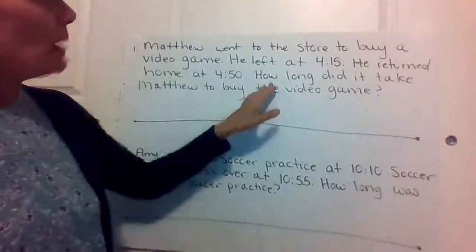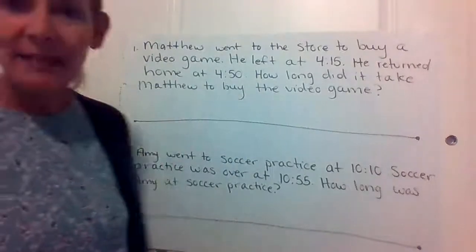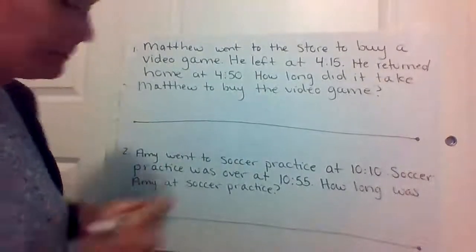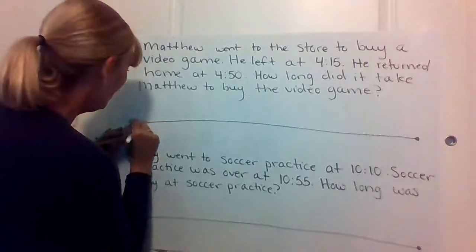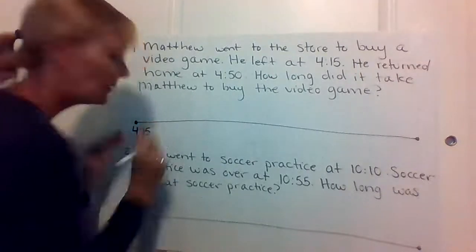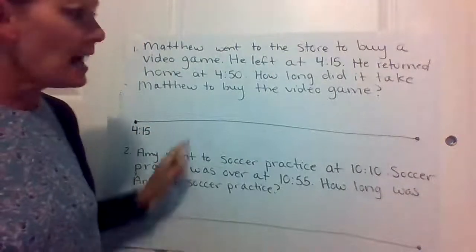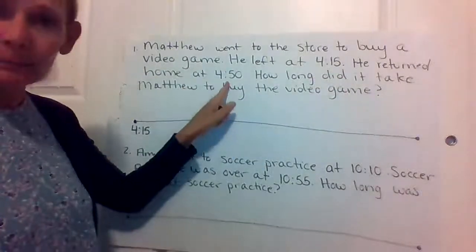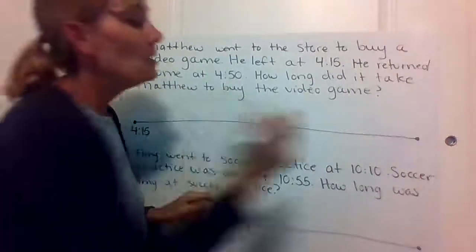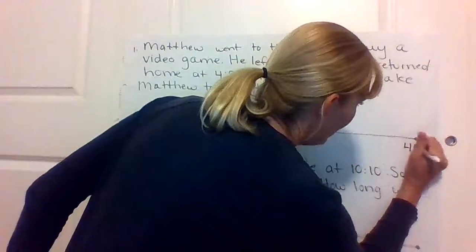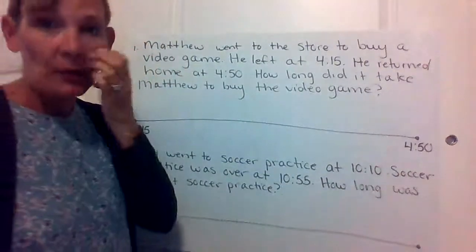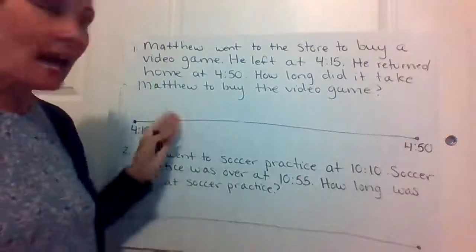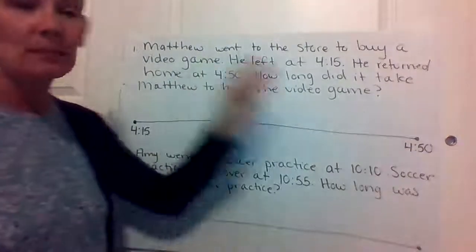So in this problem, I know what time he left. I know the start time. So on my number line, I'm going to write the start time, which is 4:15. I also know the end time. That's the time he got home. So the end time I'm going to write on my number line was 4:50. The question that I need to answer was, how many minutes did it take him to buy the video game